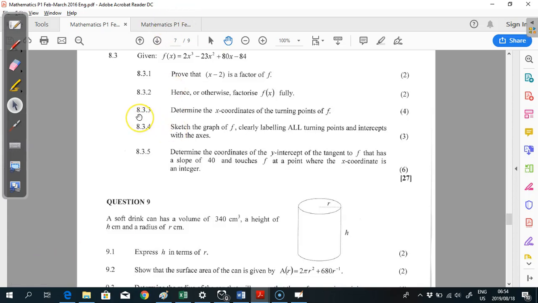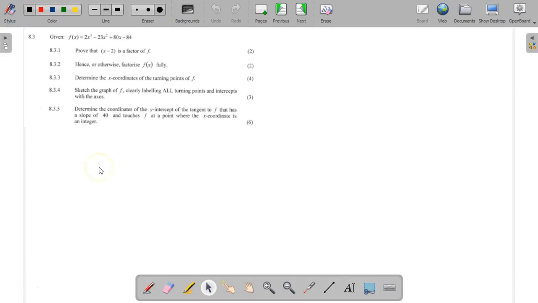And we're back, and now we're looking at 8.3.3 of Feb March 2016. Determine the x-coordinates of the turning points of f. Okay, let's go to the whiteboard. Alright, so they want me to determine just the x-coordinates of the turning points of f, and that's for 4